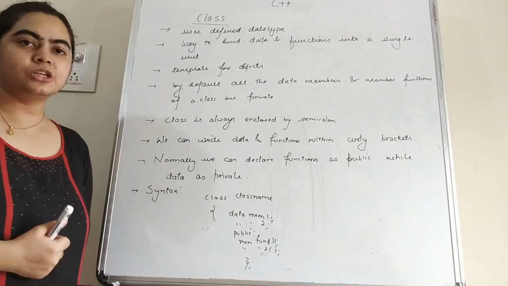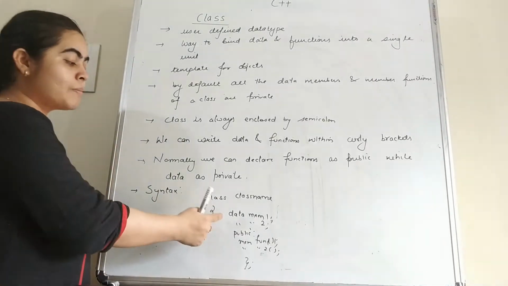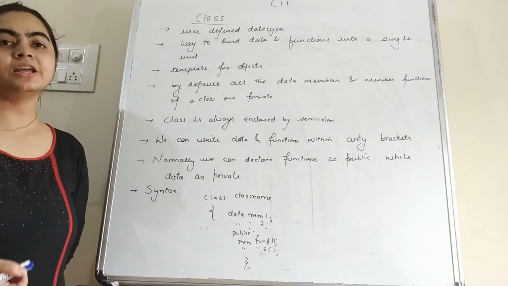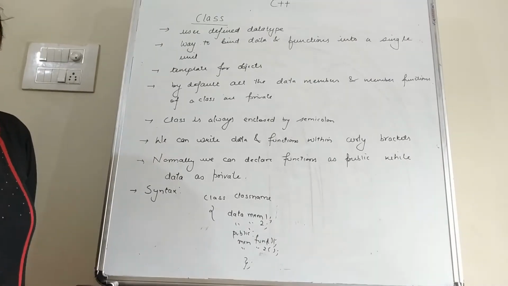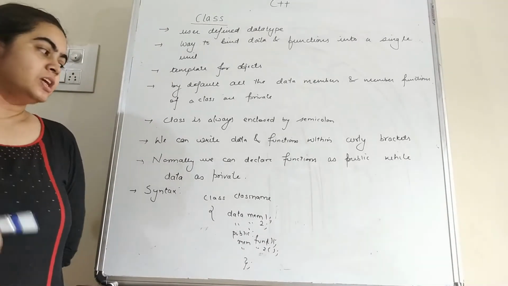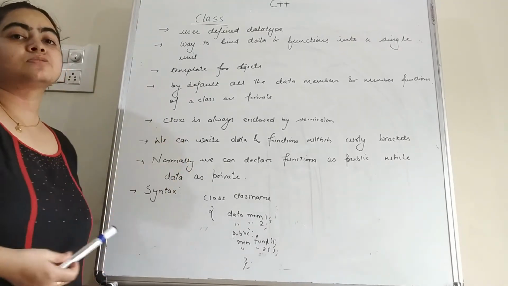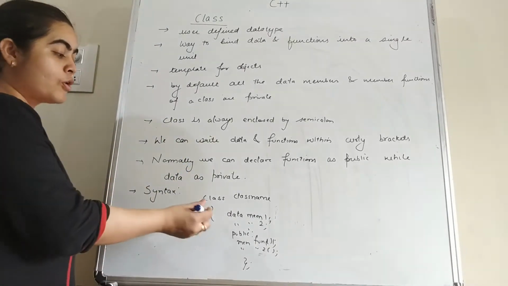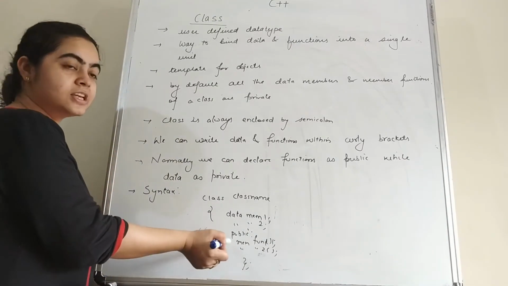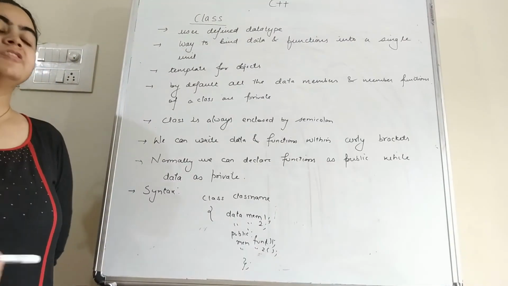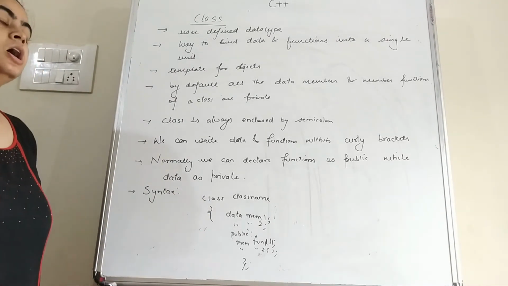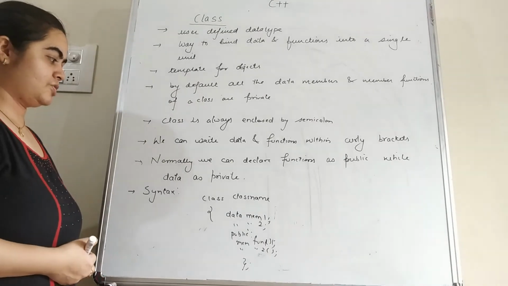so that we can use them outside the class, and data members we can declare as private because data is a very crucial thing while we are creating any software or any project. So we can make the data private only, and if we want to use this data outside the class, then indirectly, with the help of these member functions, we can use the private data members of the class that we can see in the class definition.